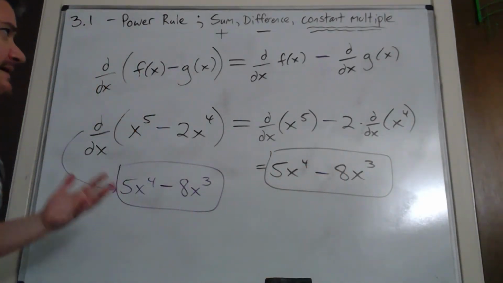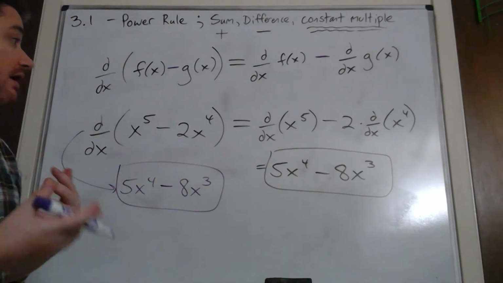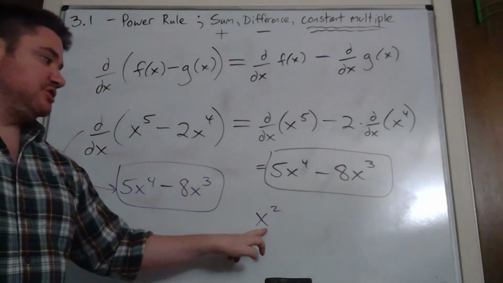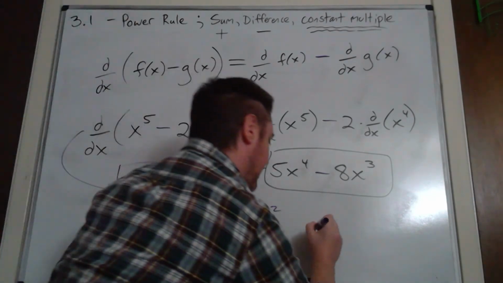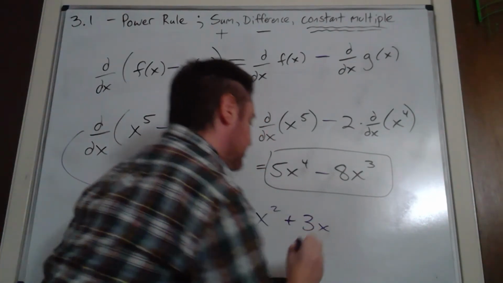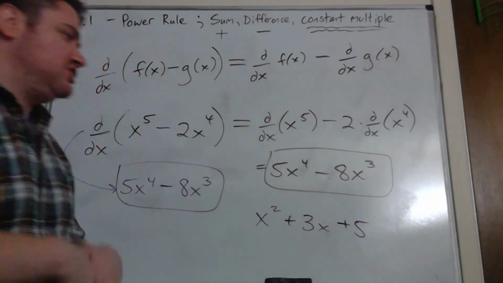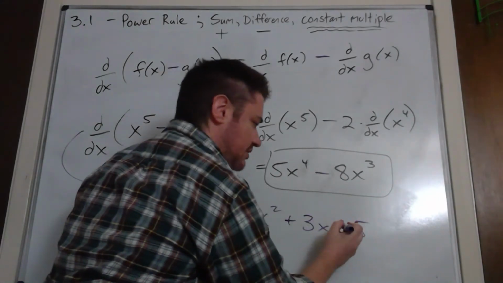All right. Simple. And now if I've got a polynomial, poly actually means many, although you can have polynomials. So in other words, x squared is technically a polynomial. Sometimes you call that a monomial, though. Mono meaning one. A binomial, x squared plus 3x, right? So binomial, I've got two things. Trinomial, got three things. But generally speaking, a polynomial, if you've got several terms, you just go term by term,